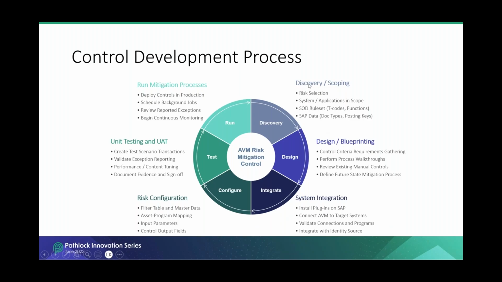So in the specific example of looking forward and using a solution like the Pathlock AVM tool, the process for implementing a control for a particular SOD risk generally follows this type of implementation life cycle. The first step, here at the top of the wheel, is discovery and scoping. So selecting which SOD risks are presenting the most issue, either financially or operationally, zeroing in on what the specific scenario